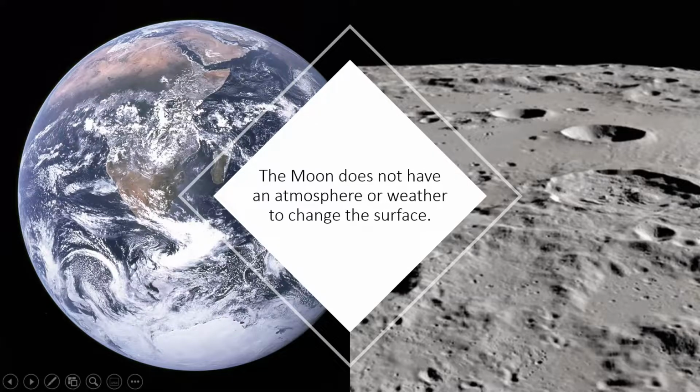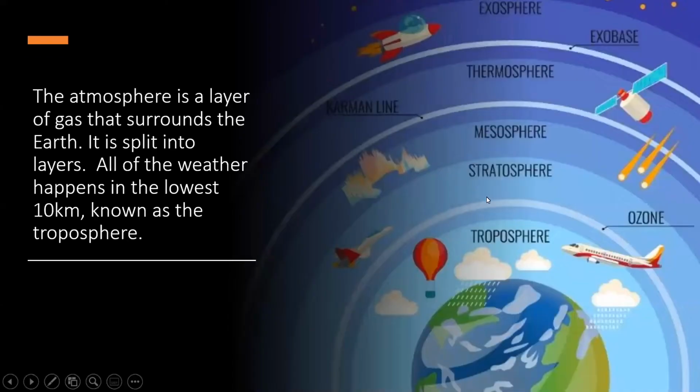Whereas on the Earth, you can see obviously the clouds and it rains and there's wind. So, for example, if a meteorite hit the Earth, it would get weathered away. You do get meteorite craters on Earth. They do exist, but there's not anywhere near as many as you see on the moon, because Earth has weather and an atmosphere. So we're just going to go over what the atmosphere is. We're getting to greenhouse gases because they're obviously part of the atmosphere.